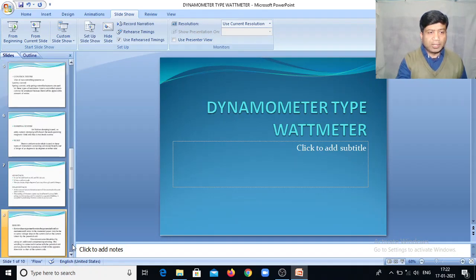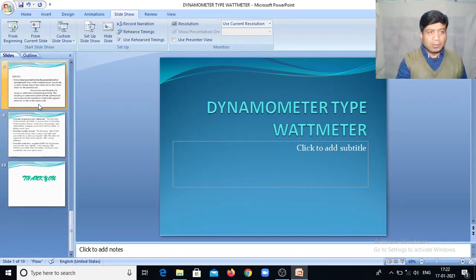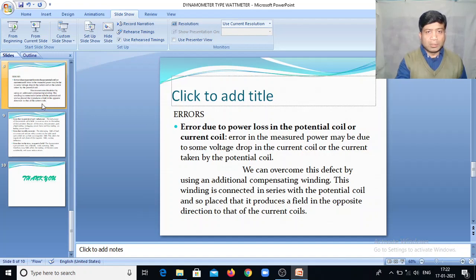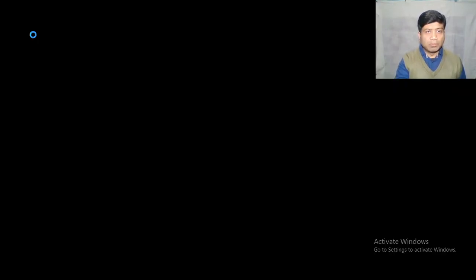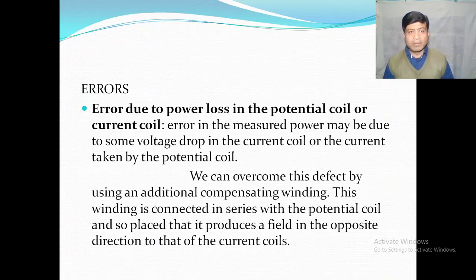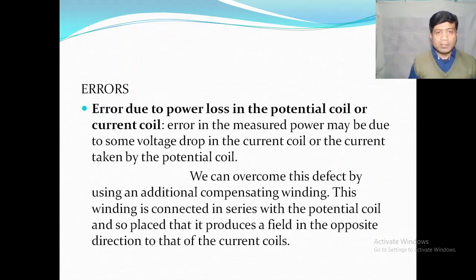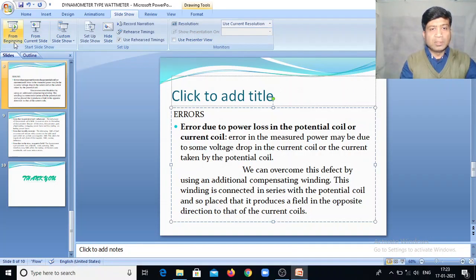The first error, which is most prevalent in this type of instruments, is error due to power loss in the potential coil or the current coil. Now we can see here in the diagram that